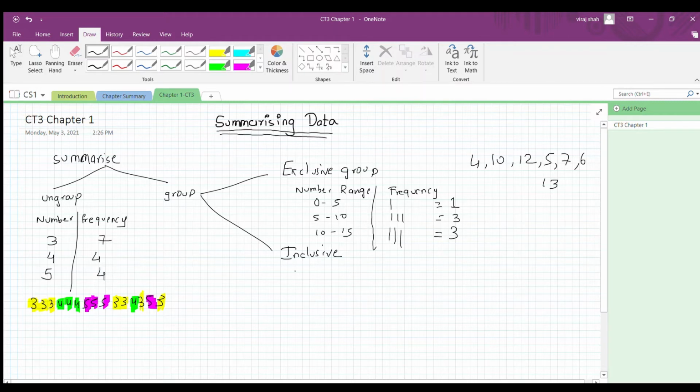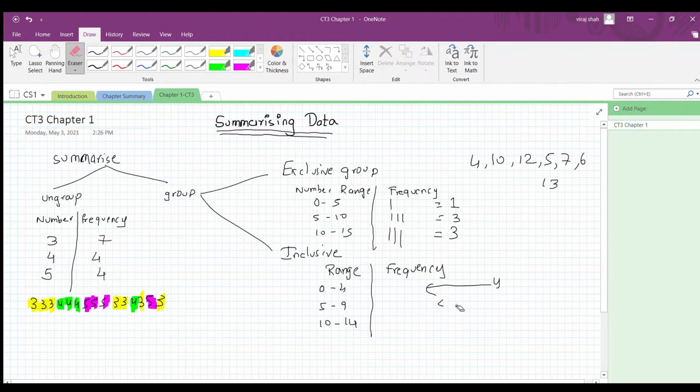Starting with the inclusive part. So similarly we will take one range. We will add a frequency column. We would take the same example, but now the range would be more clearly specified. It would be 0 to 4, 5 to 9, and 10 to 14. So basically, if you see, none of the numbers are repeated, so we do not need to exclude. If number 4 comes, it is included in the first row. If number 5 comes, it is included in the second row. If number 9 comes, it is included in the second row, and so on.